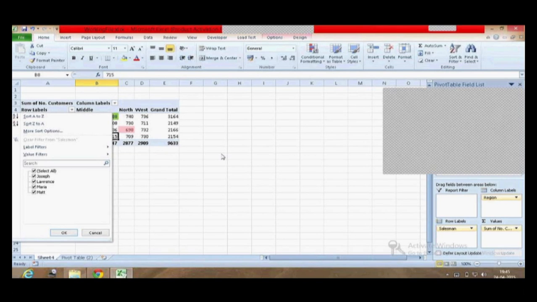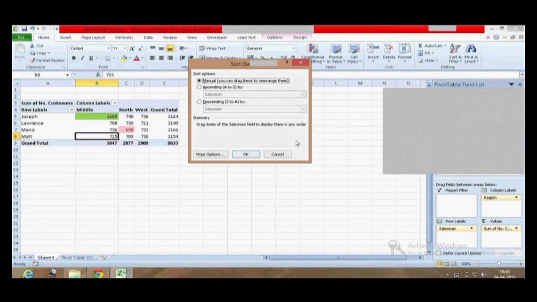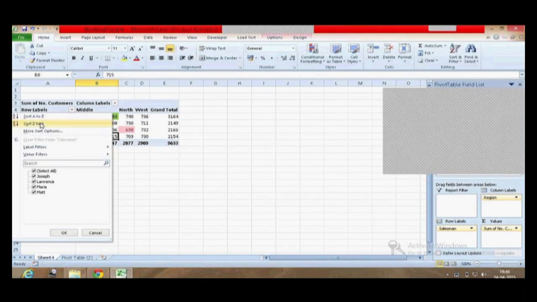You can say ascending, descending right away here. But if you use more sorting options, here it gives you the option whether you want to sort the salesman or the sum of number of customers. So that way you can sort your data.